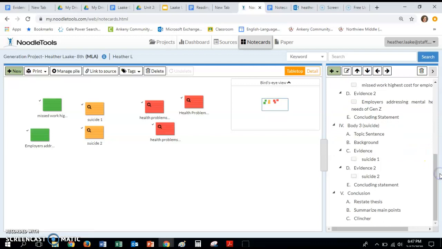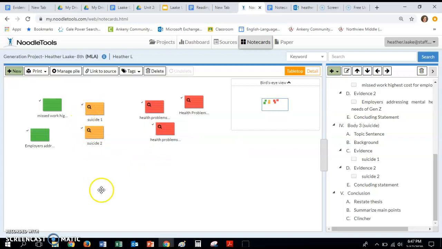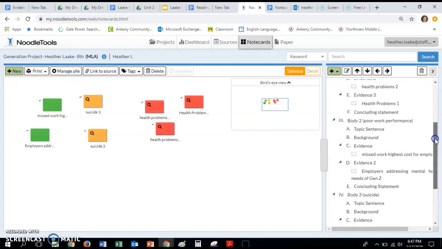Then for body paragraph 3, my reason was suicide, and I have 2 pieces of evidence, and so I came over and I did this previously in a video that got deleted, and I dropped my note card there, and then I dropped my other note card there. Okay, so after you drag and drop your evidence into the evidence portions of each body paragraph in the outline,